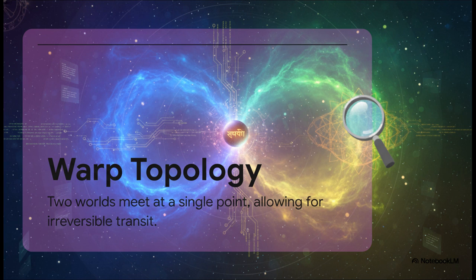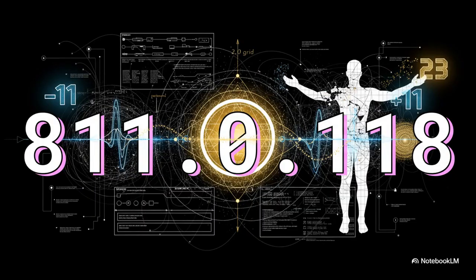Now, when you traverse this 0 point, you undergo a complete spatial inversion. You gain infinite zero potential. But, and this is key, it's a one-way ticket, an irreversible transit. You absolutely cannot go back to the exact state you were in before. You emerge completely transformed. And this spatial inversion is mathematically governed by the mirror constant,